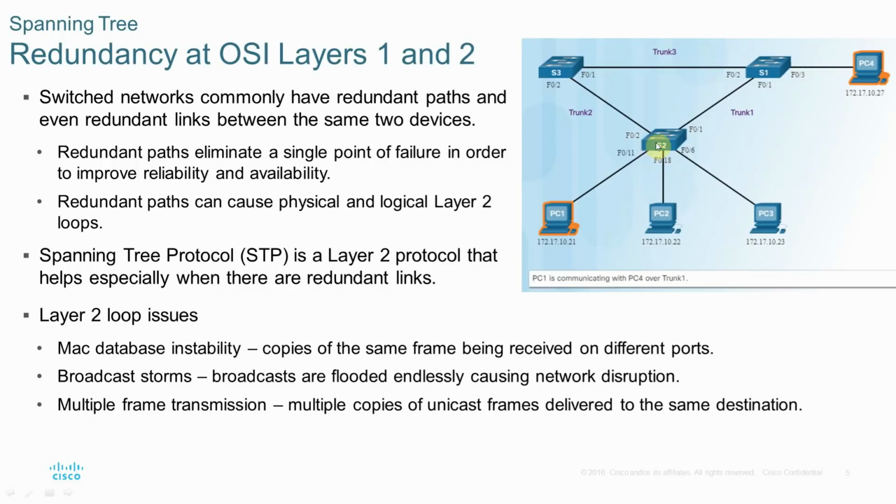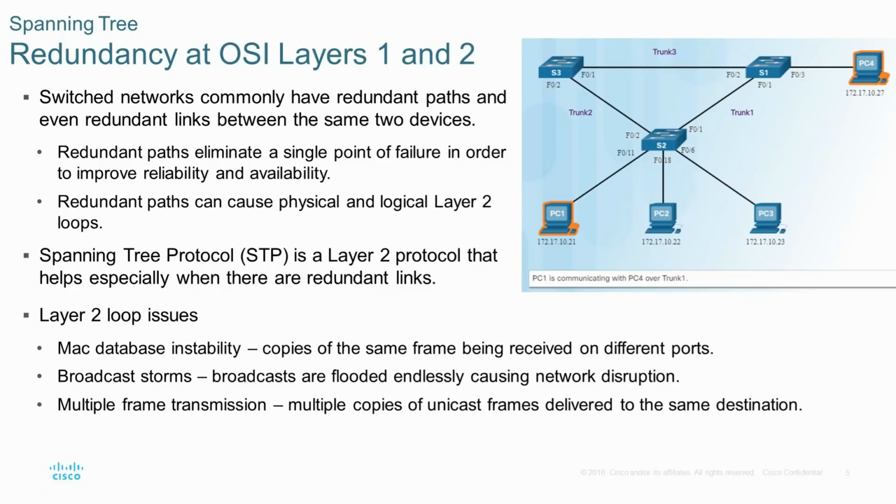If any Ethernet frame is transported on this link, it can continuously revolve in the network, which creates a loop. Today we will see how the spanning tree eliminates this type of problem, because definitely there is a problem and we need to sort it out. Spanning tree is a layer 2 protocol that helps especially when there is a redundant link, to avoid the loop. So who will avoid the loop? The spanning tree protocol.